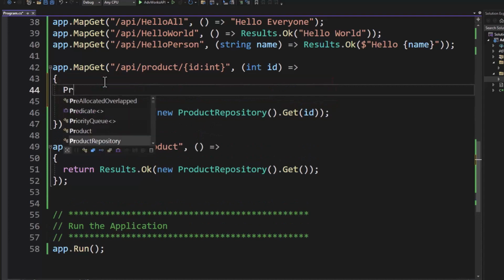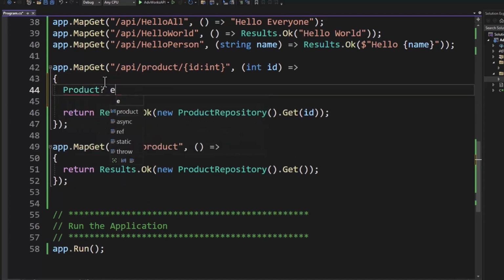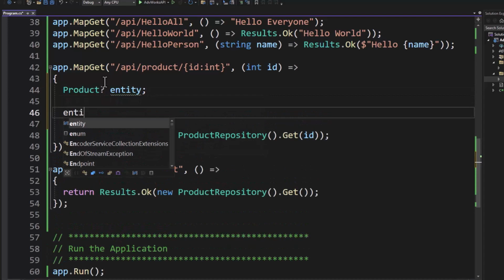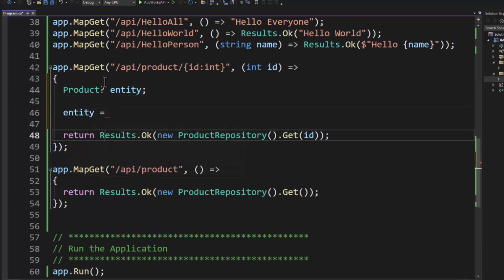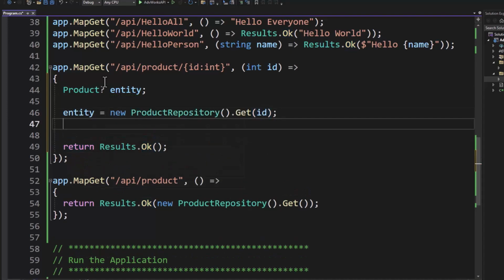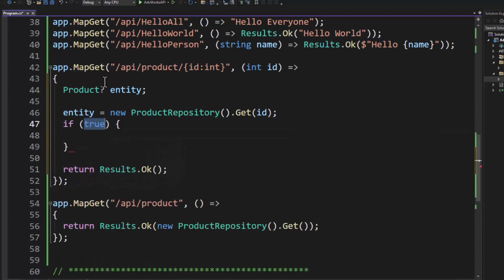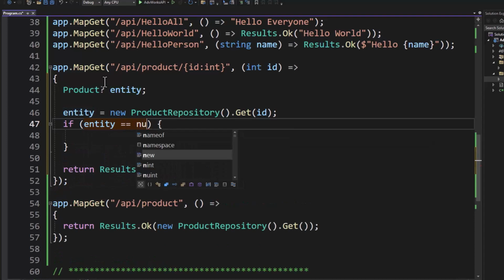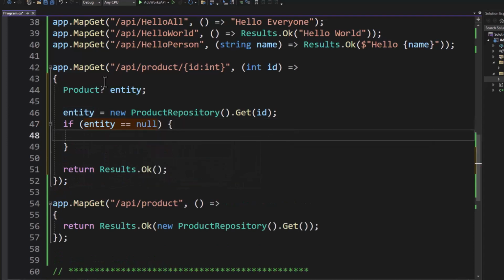So we're going to change this code a little bit. And I'm going to create an instance of a product variable that could be null. And I'm then going to attempt to get entity equals, pull this out. So now it's attempting to get the ID and it'll put it into entity. All we need to do then is just do an if statement here that says if entity is equal to null, then let's